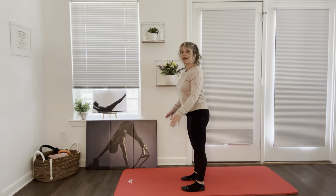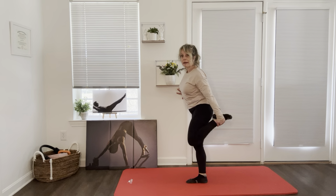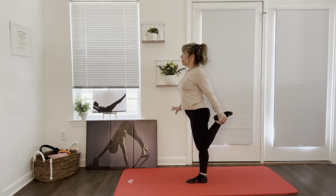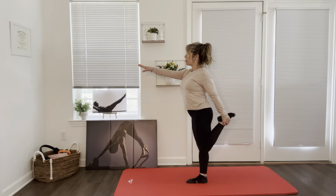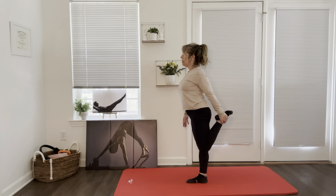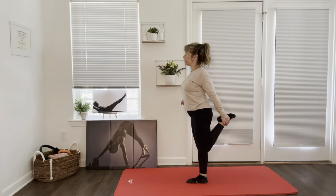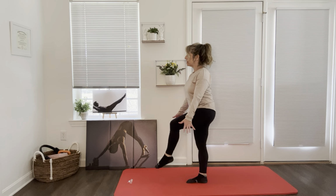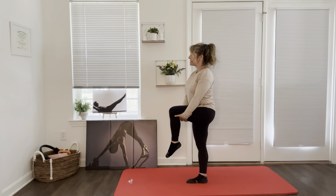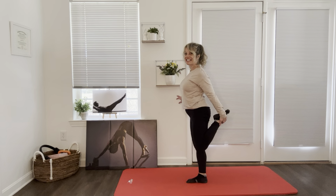And release. Okay, quadricep stretch. Feel free to hold onto a wall or a chair. Bend your leg, grab your ankle, point that knee down. You can balance, reaching your arm forward, hand on your waist, or arm down by your side. Hold. Now, from here, let's make it a little more challenging by bringing that leg up in front, interlace under your hamstrings, stand up tall, stretch that leg out, flex your foot, point, bring it back into a quad stretch,